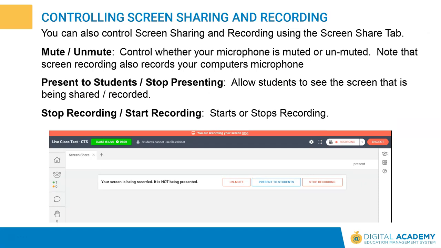When you are recording or sharing your screen, you will see a tab that says Screen Share. You will have a number of options. You can mute or unmute your microphone. Keep in mind that when you are recording your screen, it is also recording your microphone, unless you press the